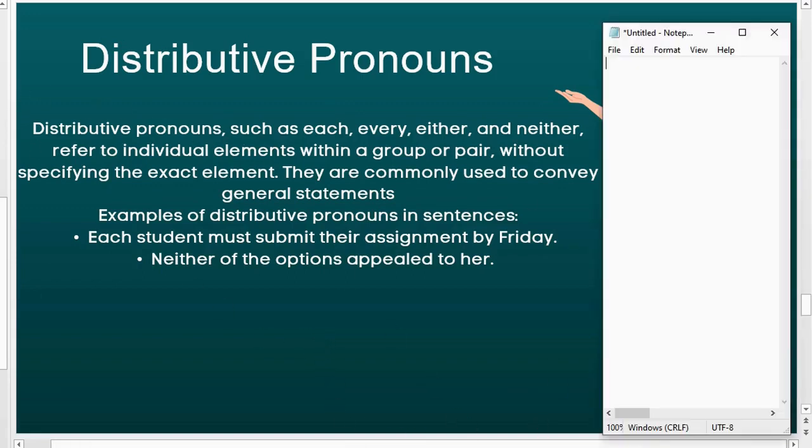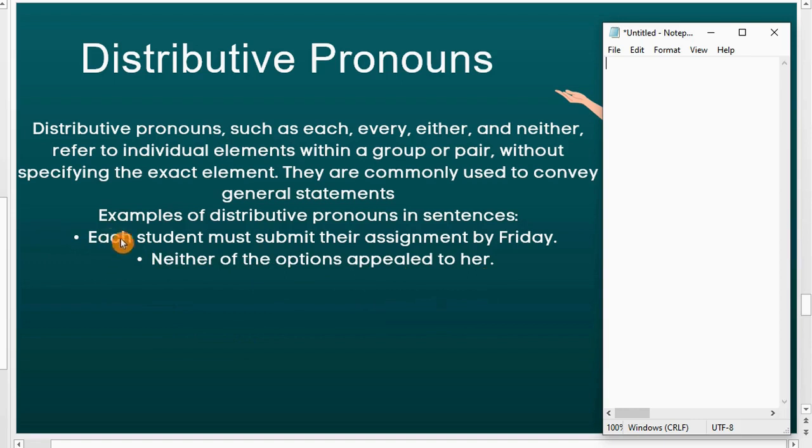Distributive pronouns such as each, every, either, and neither refer to individual elements within a group or pair without specifying the exact element. They are commonly used to convey general statements. Example of distributive pronoun in a sentence: Each student must submit their assignment by Friday. Neither of the people appealed to her. So beautiful